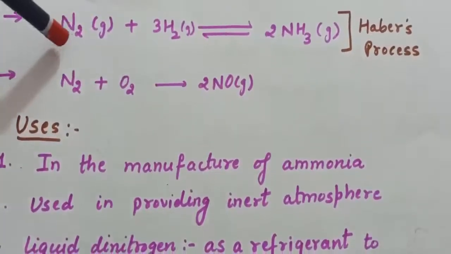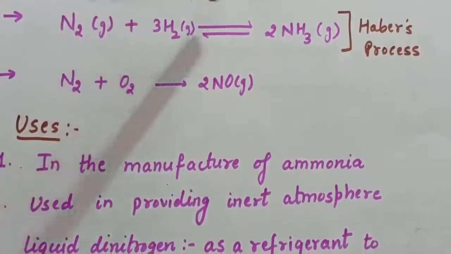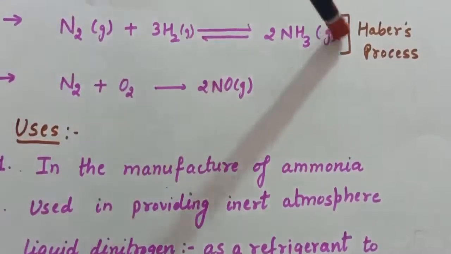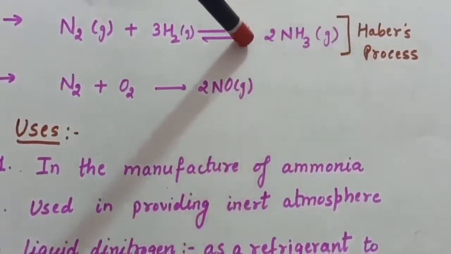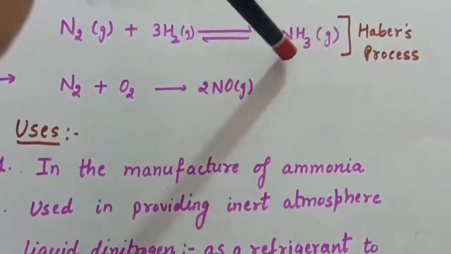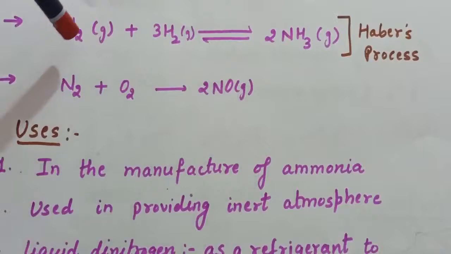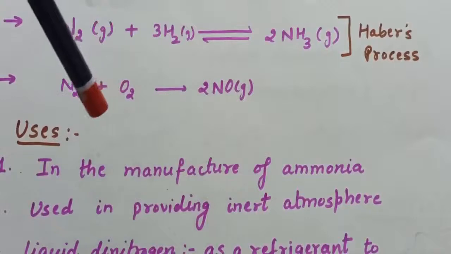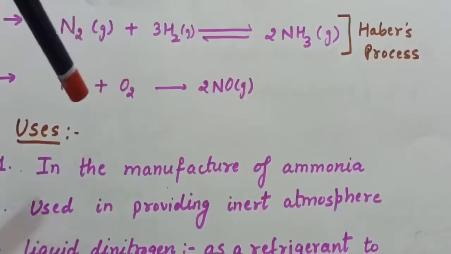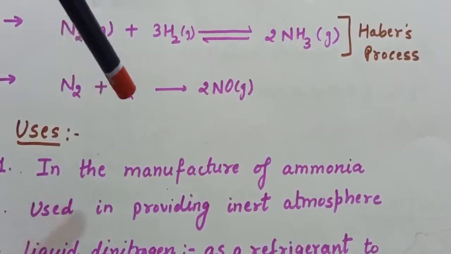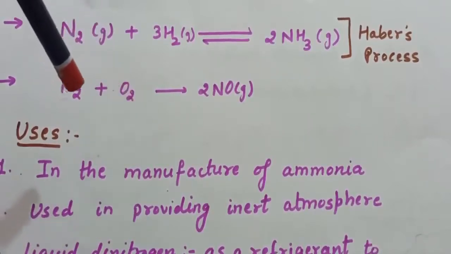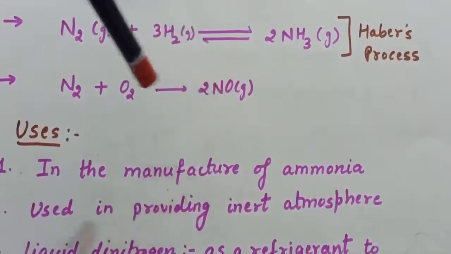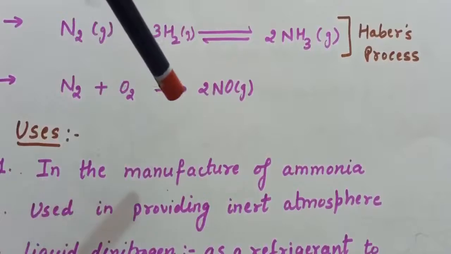Nitrogen will also combine with hydrogen and ammonia will form, that is nitrogen is used in Haber process which is used in making ammonia. So in this case also nitrogen will react with hydrogen and therefore ammonia gas will form. Also nitrogen combines with dioxygen, and this occurs only at higher temperature. And when the nitrogen combines with oxygen, we get nitric oxide. So this reaction will occur only at higher temperature.